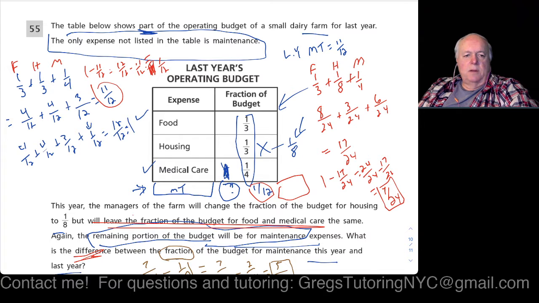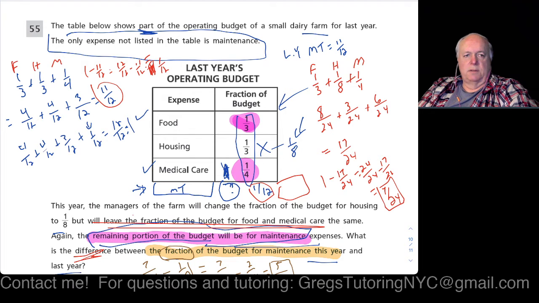This part here, it says, what fraction of the budget? Looking for the change of the fraction. There's another interesting thing, which is that the remaining portion of the budget will be for maintenance. So, if the food stays the same and the medical care stays the same, and the only thing that changes is this